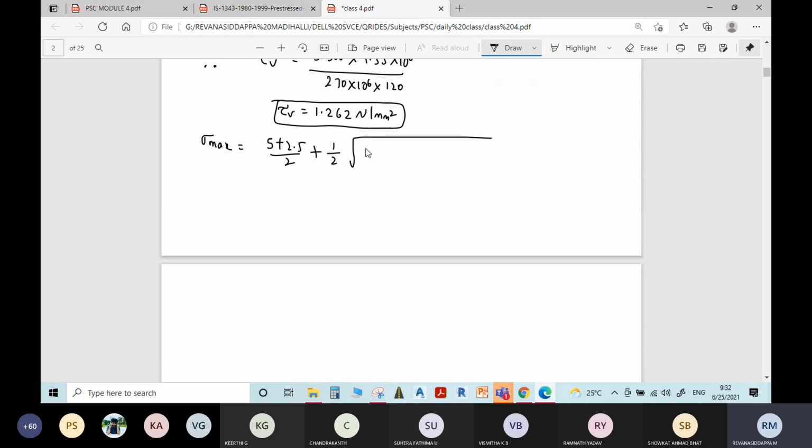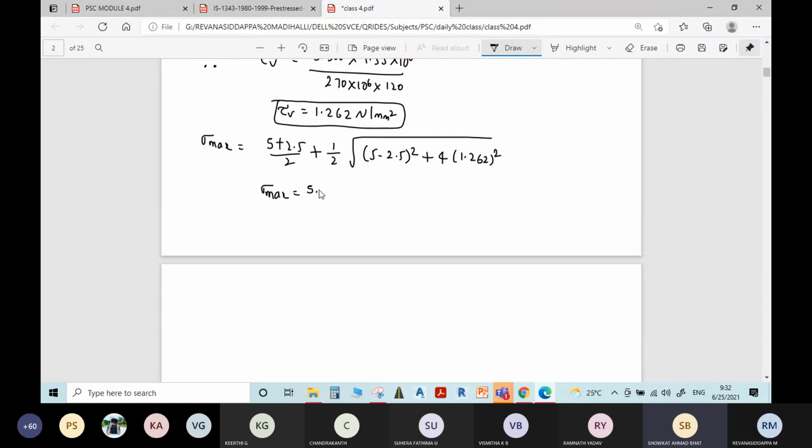Fx is 5 minus 2.5 whole square plus 4 into 1.262 square. By this you will get sigma max